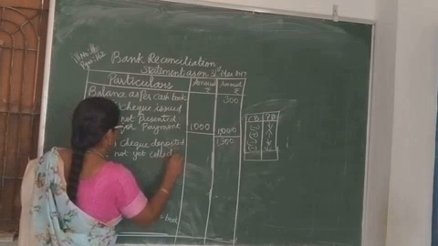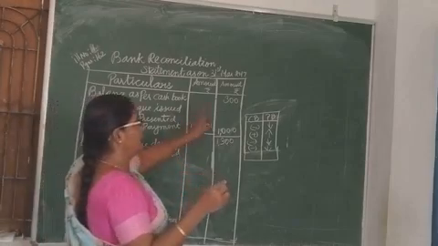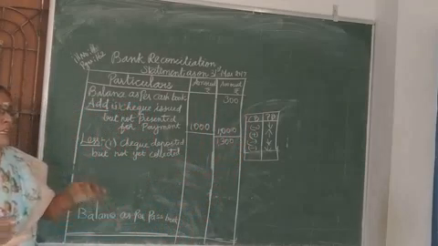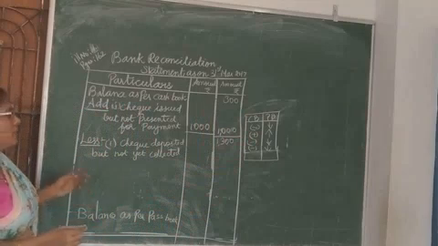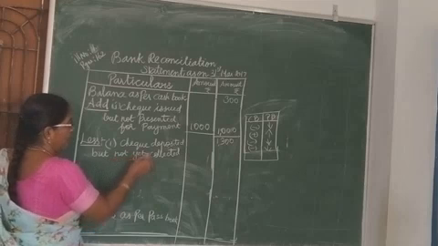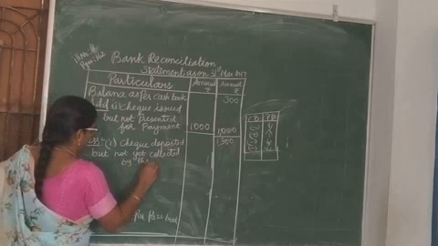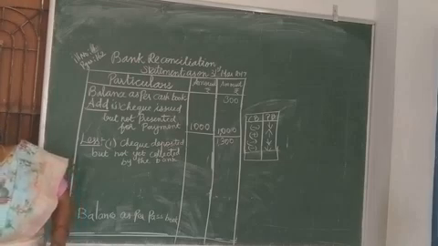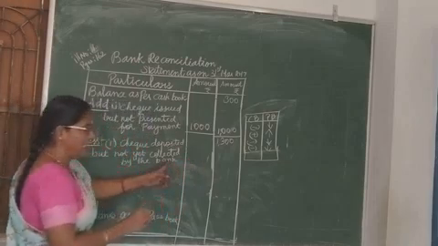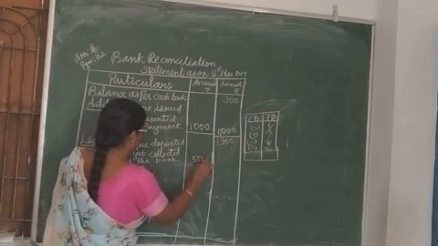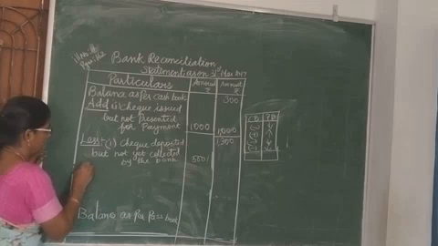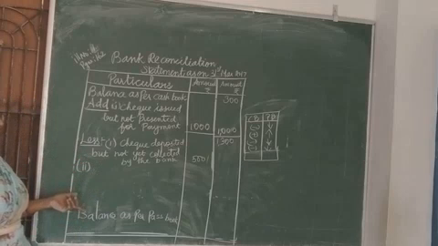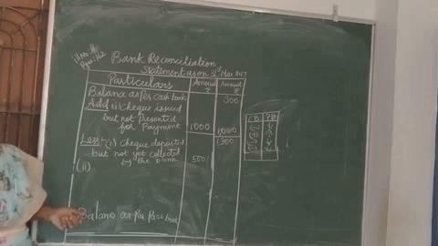We are preparing the bank reconciliation statement as of 31st March. Up to 31st March, the check did not get collected, so the words represent not yet collected by the bank. What is the amount? The amount being 500 rupees. On the same line you can write the amount. Then what is the next one? Next transaction, you can write neatly on a new line.